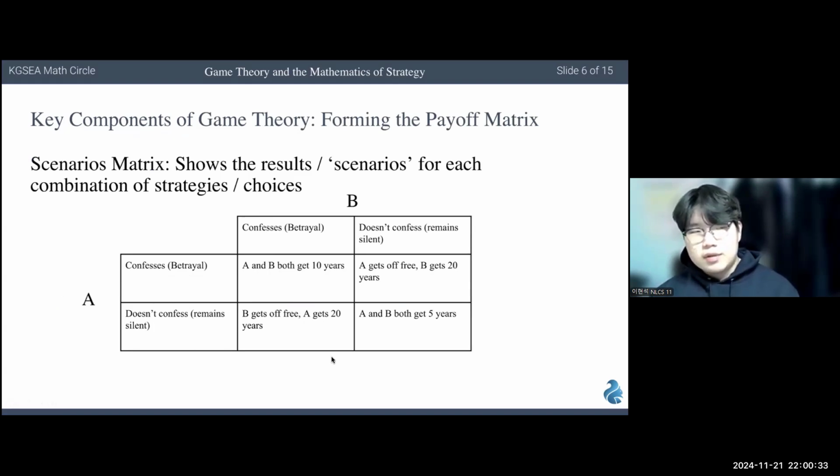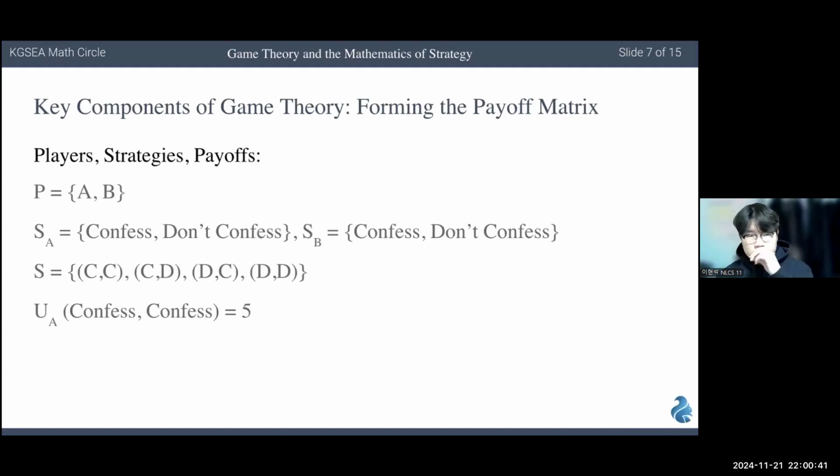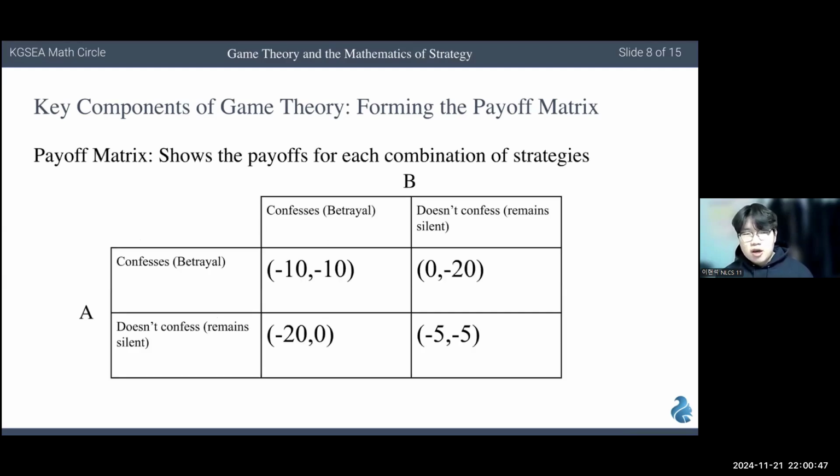But as you use those notations and tools that I showed you earlier, as in P would be the set of A and B, and the subsets of strategies would be confess, don't confess, the things that we went over earlier, we would get the payoff matrix, which is essentially what's called the backbone of game theory, as it's an evaluation of all the possible choices and strategies and all the utility outcomes, payoffs that each player could